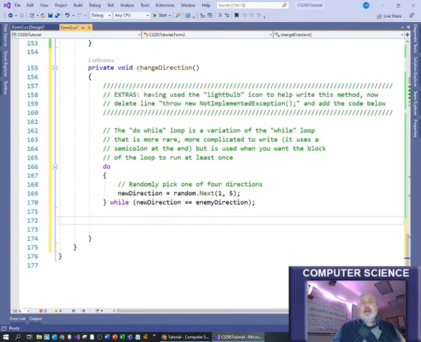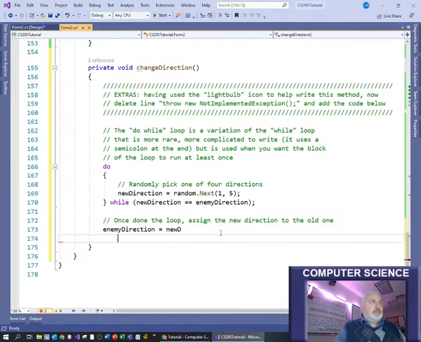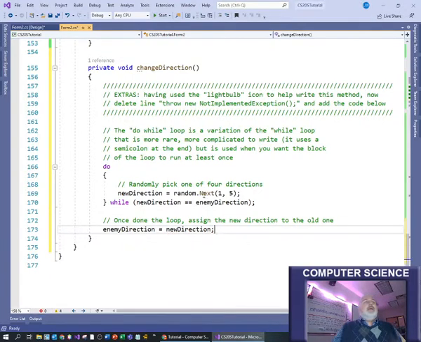Okay? Now once the loop is done, that new direction will get placed inside of my original direction. So enemy direction equals new direction. Oops. Semicolon. And that's going to be our code for change direction. Okay? You won't really see this happening with anything yet, because the next piece of code we're going to get to,